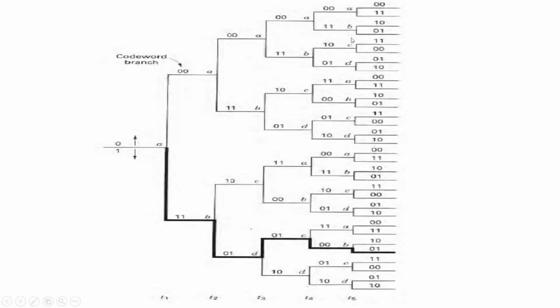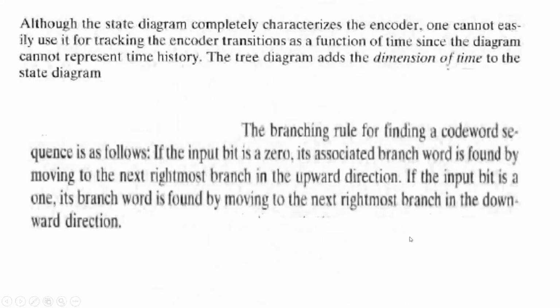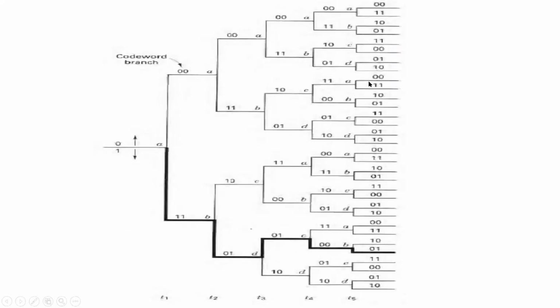If you look, this is the same A, B, C, D, A, B, C, D. This is the upper structure and this is the lower structure, A, B, C, D, right? So the upper structure and the lower structure represent the same thing. Actually, the upper structure is repeating, or I can also say the lower structure is repeating here. So rather than drawing the repeated structures at the upper portion and at the lower portion, but this is happening after how many time intervals? After 3 time intervals. Why 3? Because the constraint length is 3.